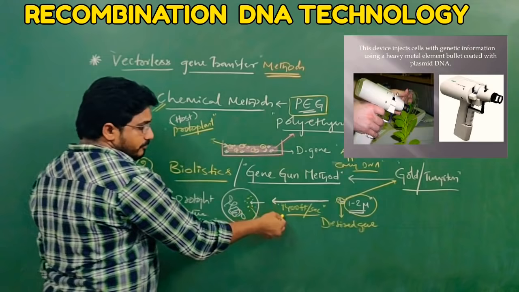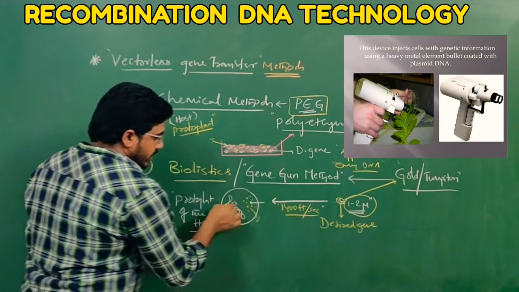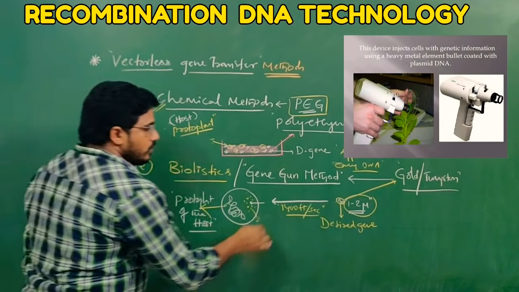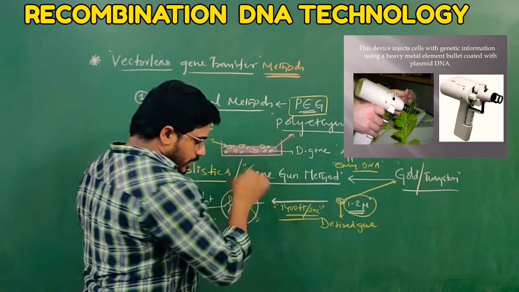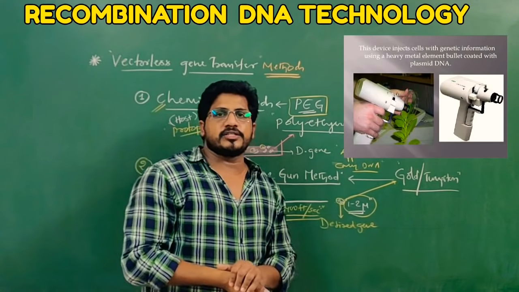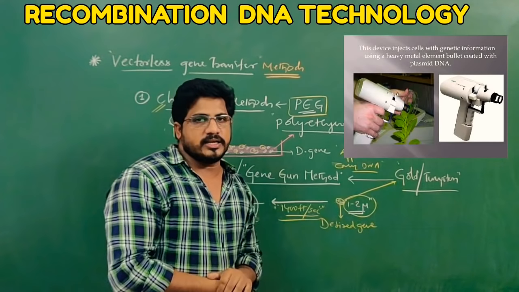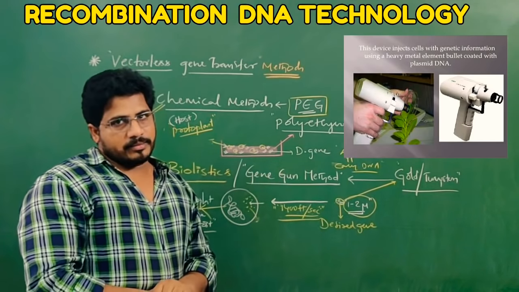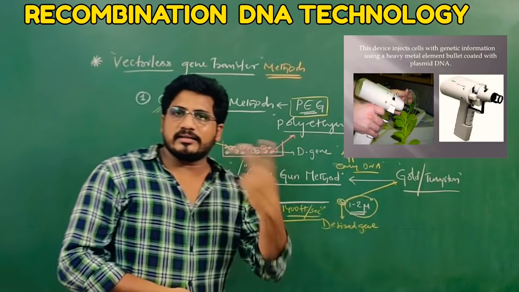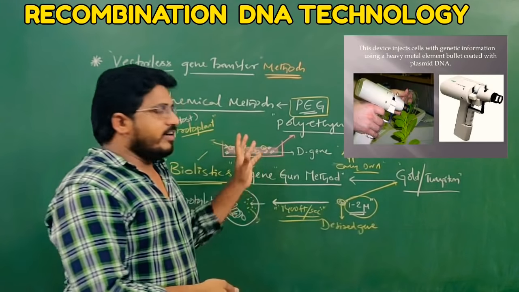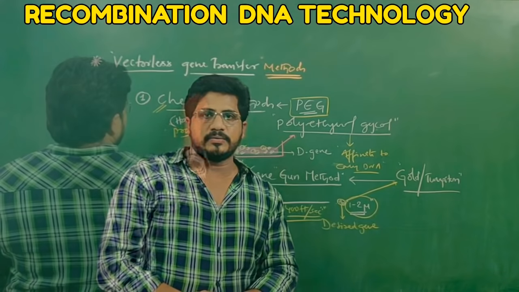If you use a greater force than 1400 feet per second, it will come out of the cell. So scientists prefer 1400 feet per second for inserting DNA which is wrapped by gold or tungsten in the process called the gene gun method. Other than these two, another two methods are there where vectors cannot be used. Let us see now. Third method,